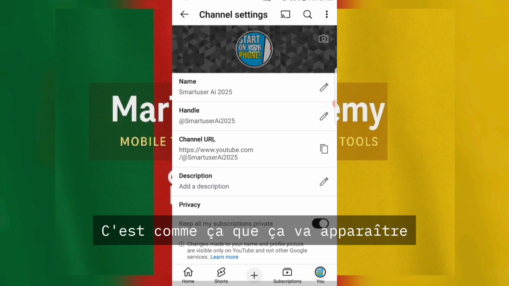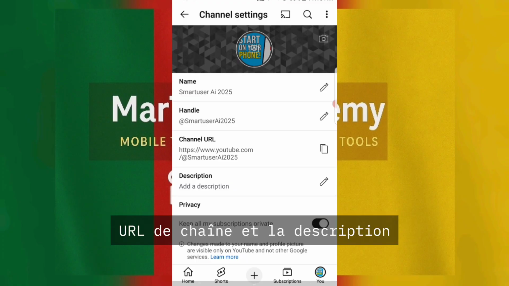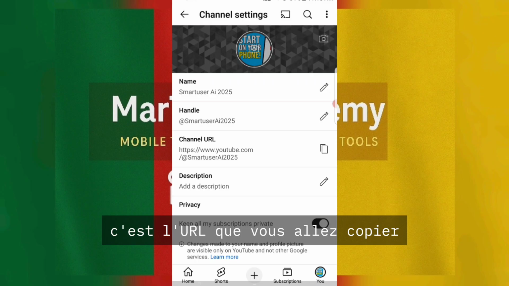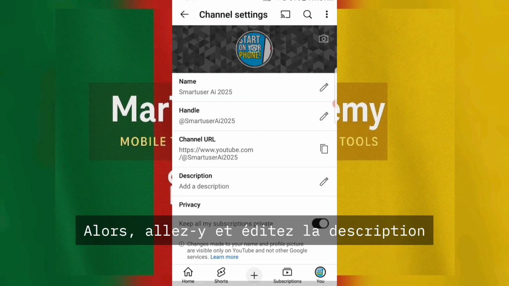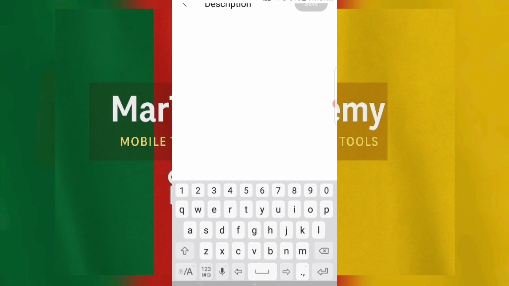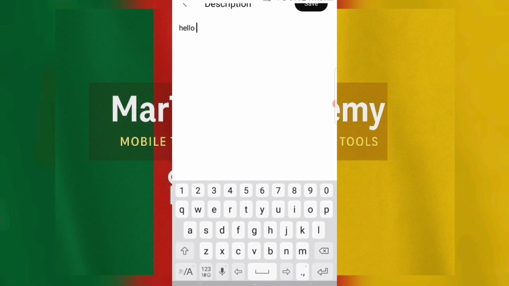This is how it's going to appear. Your name, handle, channel URL, and the description. If you want to send your channel link to somebody, this is the URL that you are going to copy. So go ahead and edit description. Okay, you click on it. You can say that, hello guys,